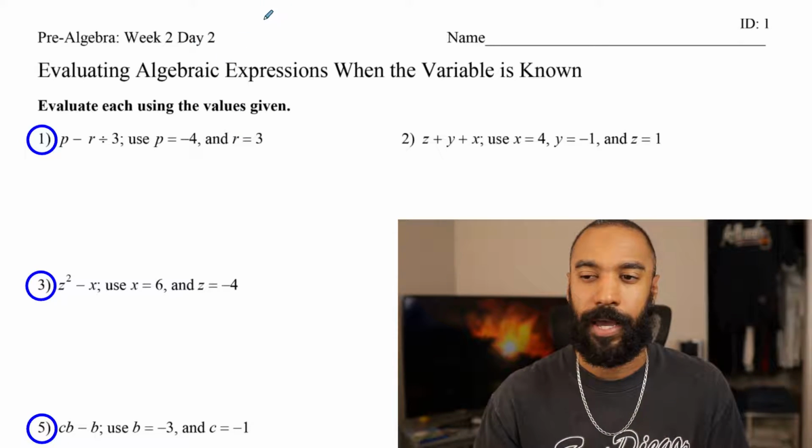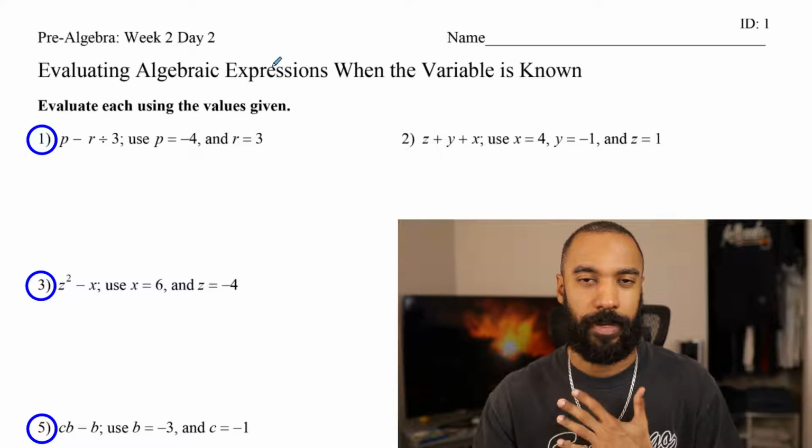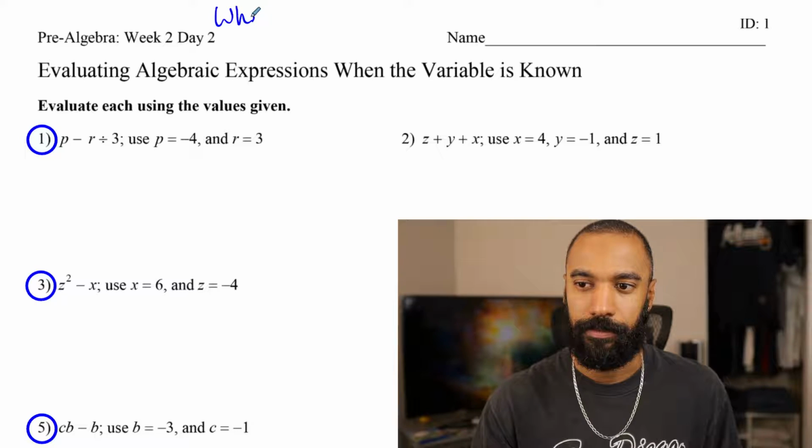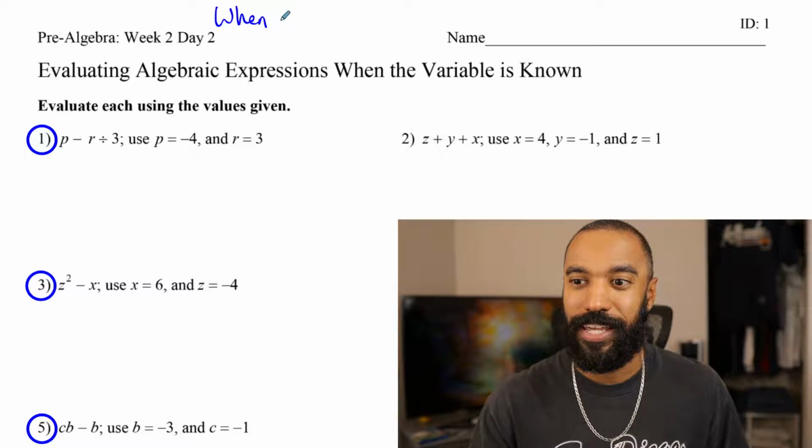So the couple things to keep in mind. Number one, and this is my old motto that I use. This is my substitution rule. And it is when in doubt. I'm going to write it out. That's not the motto. When in doubt,